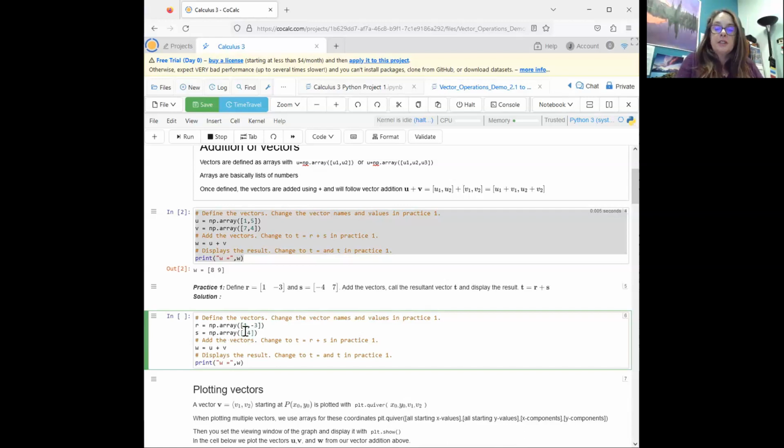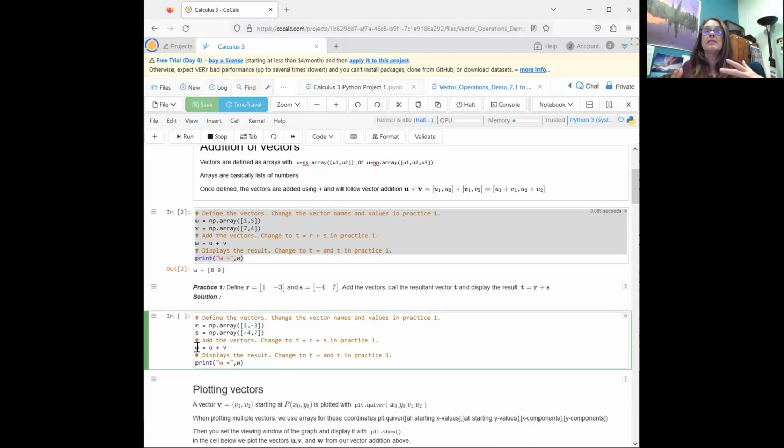So I'm going to change this to -4, 7. All right. Now notice that vectors can also be given in square brackets like this. We're using angle brackets mostly in class, but to make it print out right, I had to use square brackets. Then we want to add the vectors, and I'm going to change this from W,